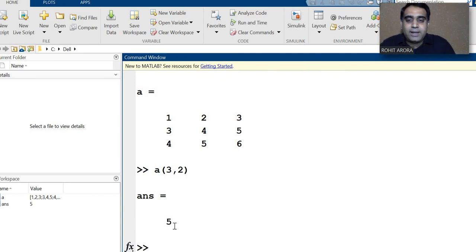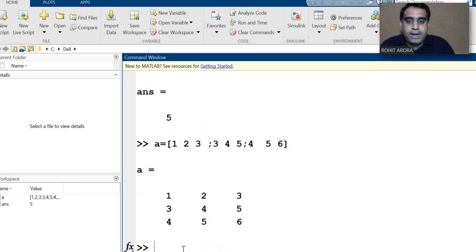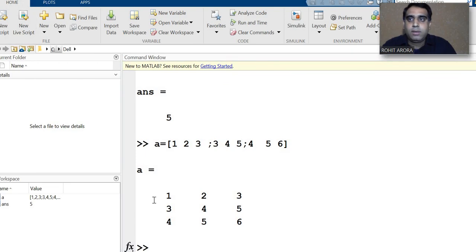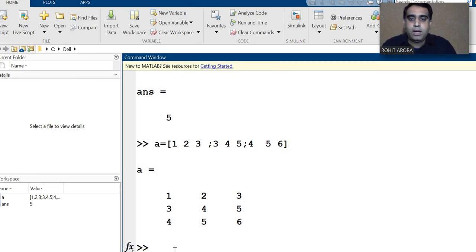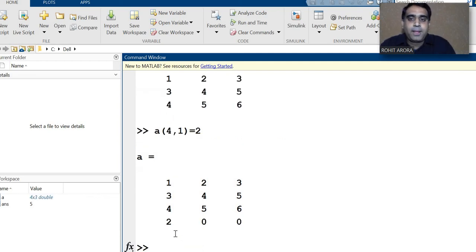Next case is, if you have a matrix and you want to add a value, say at position 4 comma 1 of matrix A with the value 2, then the answer is this one.